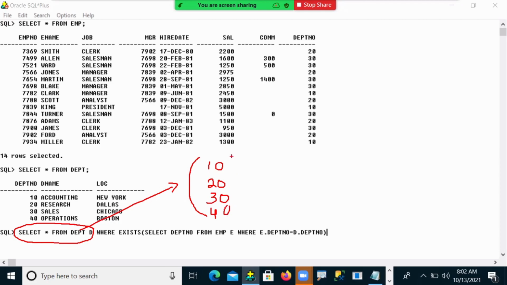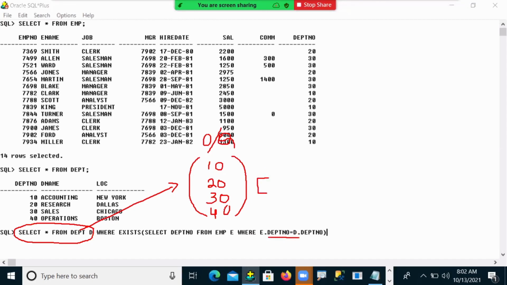This is the outer query result, because the outer query is executed first. And next is the inner query. What was it telling, guys? Select this department number from EMP where this is the condition.